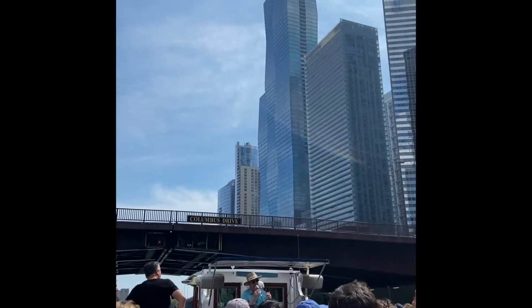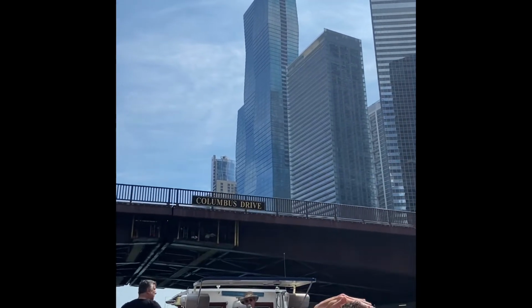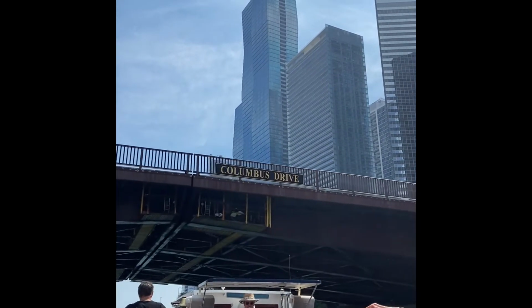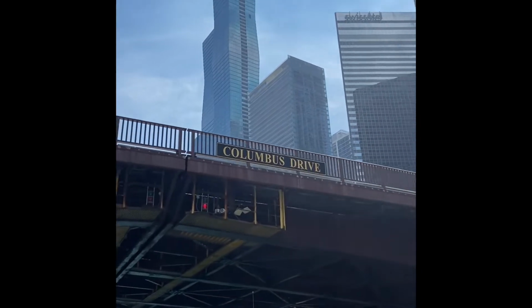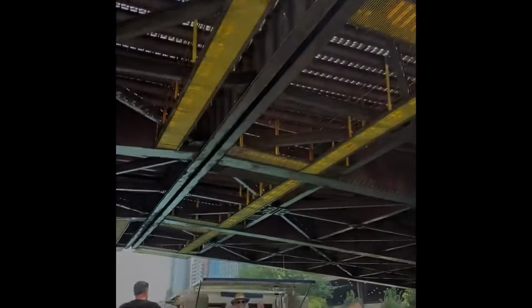To reclad the entire building took 2 years and $80 million, about half of what it cost to build the building in the first place. They had to take off 43,000 slabs of white marble and replace it with